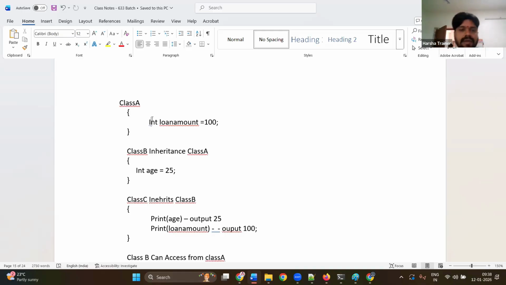Like that, n number of levels you can access being at the bottom. Same concept is there in the technology. So inheritance says that a child can access anything from its parent, and also the parent of the parent. A child can access the grandparent, and so on. Clear, everyone? This one you need to keep in mind.